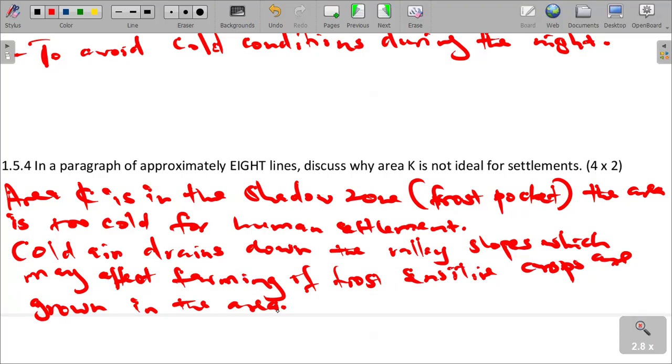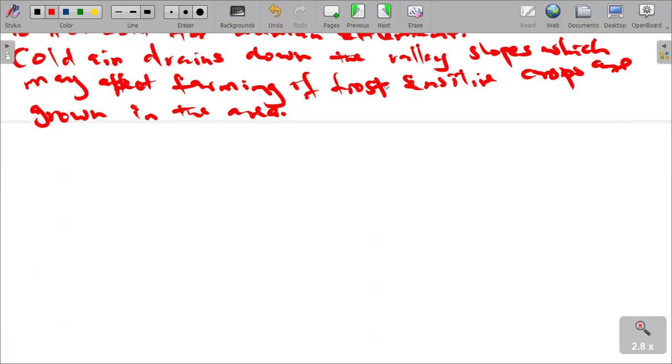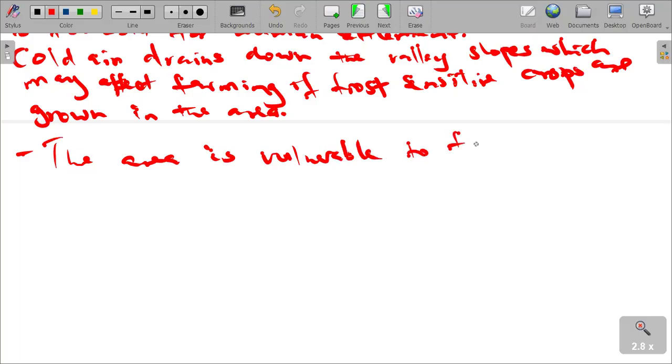So there are possibilities of frost that can develop in Area K, because it is the valley floor, which is vulnerable to what? To frost. So frost-sensitive crops must not be grown in that area. We can also have ice on the floor or on the roads with moisture and slippery surfaces, which might cause accidents, and it is prone to what? It is prone to flooding. The area is vulnerable to flooding